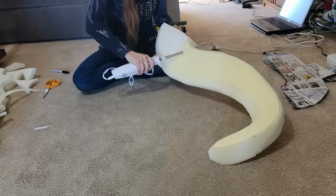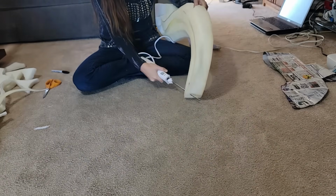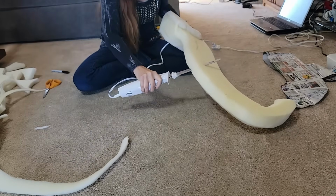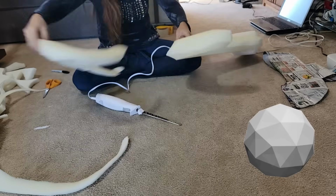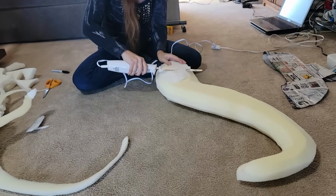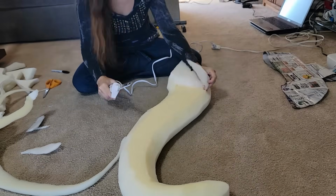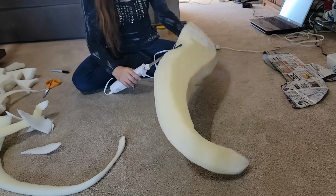So we need to carve it down and make it into a more smooth, organic shape. I start by taking large tapered edges off here, just making sure that all 4 sides get this so that they're less of a box shape and more of, I guess, icosphere is the kind of shape I'm going for. And then I go back over and I repeat this exact step with all the new edges I just created, including smoothing down that piece of 1-inch foam that I put on either side to check the depth and thickness